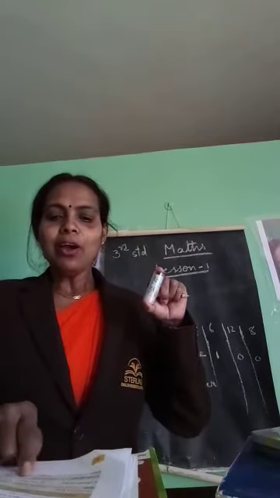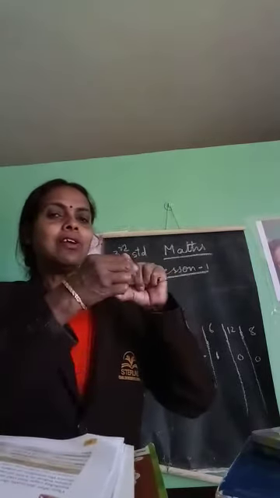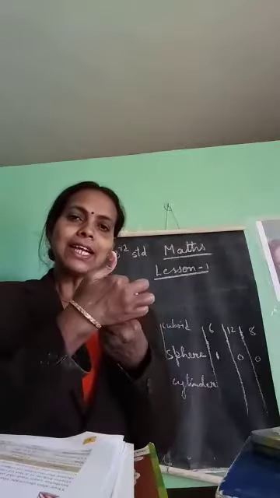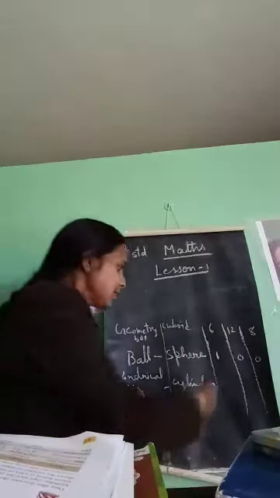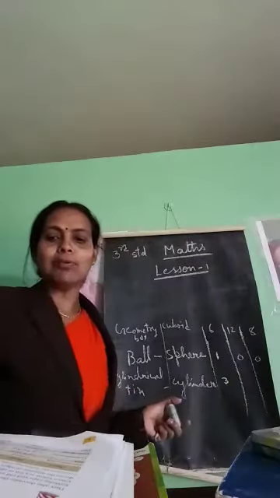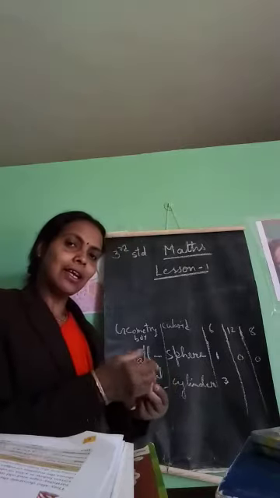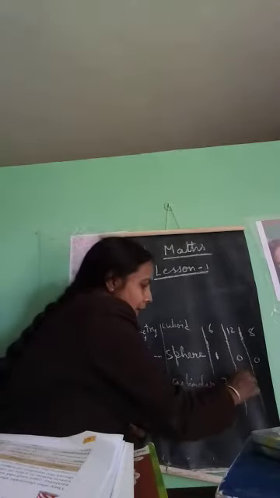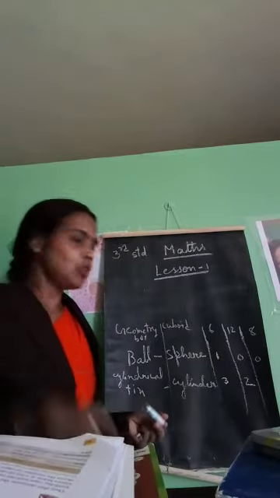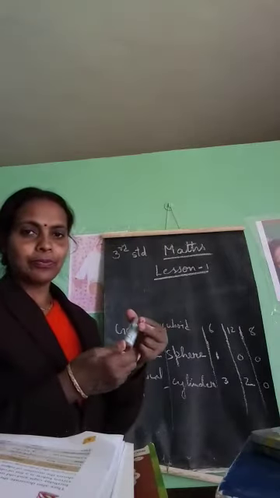Okay. Now it has 3 faces. Means one face on top, one face at the bottom, and one curved face. So it has 3 faces. Then number of edges. How many edges? 2 are there. This is 1 and down 1. 2 edges, and number of vertices, there are no vertices, 0. No corner, corner is not there, see, no corner.